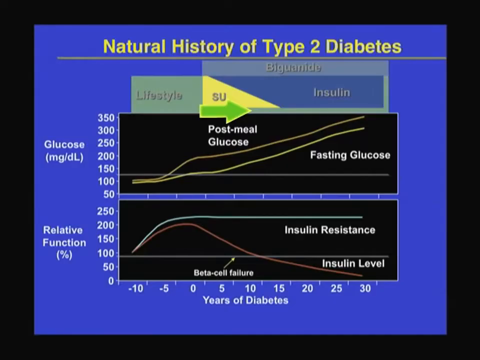Rather, at the beginning, people should understand that the first phase of this is with diet and lifestyle. The second phase, you continue intense diet and lifestyle as long as you can. The strip of green that continues forever. But you start metformin early on, and you may start another pill. And then at some point, you may need insulin to finish the treatment of this disease. So it's not a failure, it's not a surprise, it's just part of the natural history of diabetes, especially if weight is continuing to increase or sedentary lifestyle is continuing.